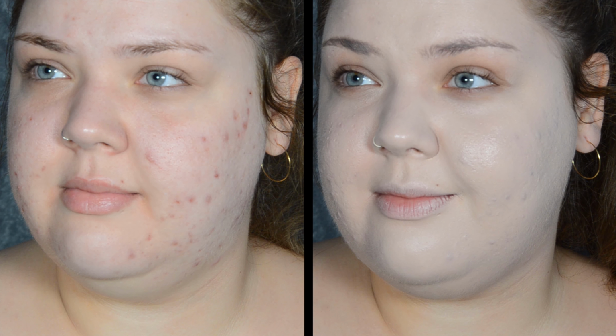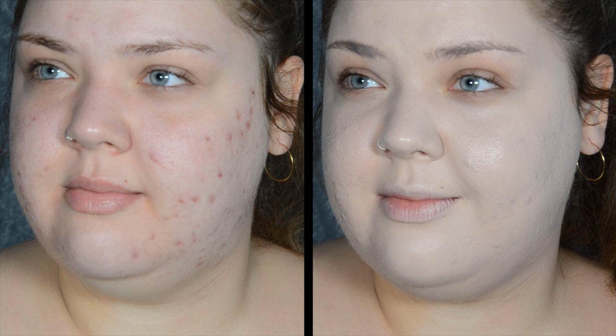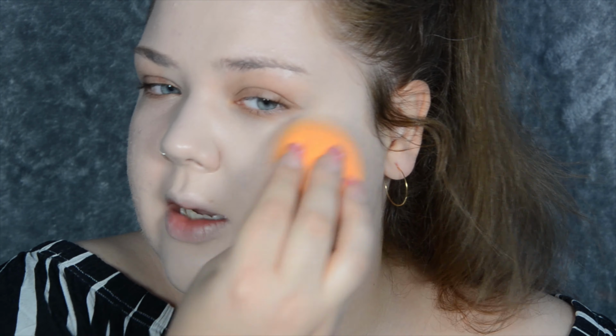And this is the other side of my face with 1 layer of the foundation in comparison to my bare face. This side of my face is just a little bit better when it comes to acne, so it covers a lot nicer. The texture of my skin is a little bit better on this side. I must say, it looks quite nice. If I can achieve this coverage on this side, then I'll like what I'm seeing. I love the finish of it, and it does have this